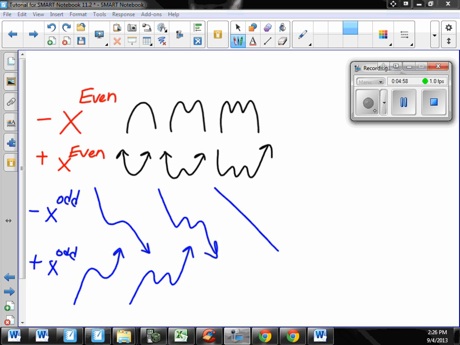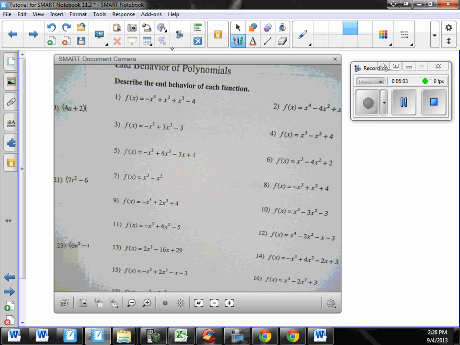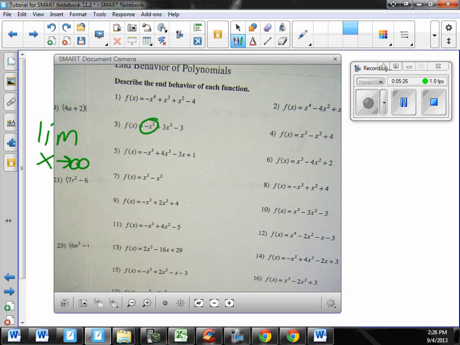So let's look at number 3. So number 3, the limit as x goes to the right. This is an odd, which means one side is up and one side is down, but it's a negative odd. So as we go to the right, is the graph going to go up or down? Down. So f of x